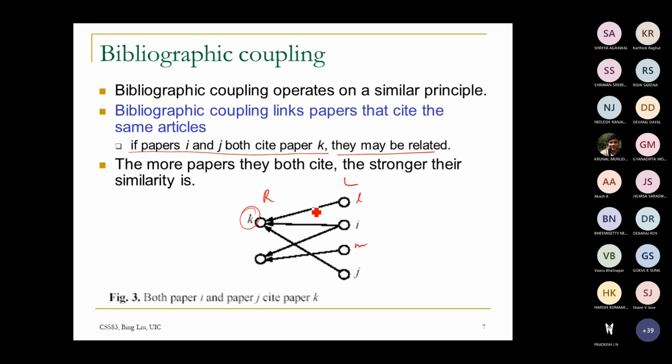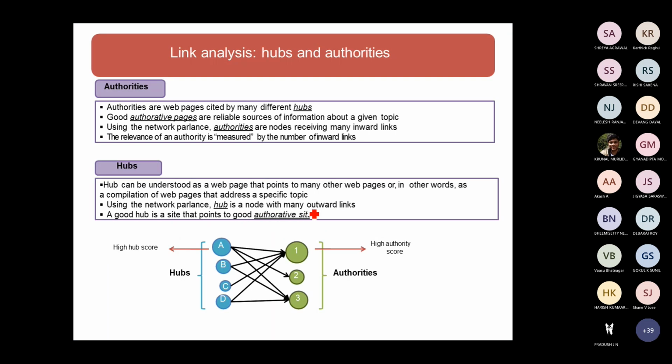Which is the hub here? Which is the authority here? This is what we have seen in the HITS algorithm. The node which gets the maximum number of outlinks is going to be called a hub. The authority which gets the maximum number of incoming links from the best hub is called the best authority. So we will see it as authorities and hubs. Authority means maximum number of incoming links, in-degree. A good hub is maximum out-degree.